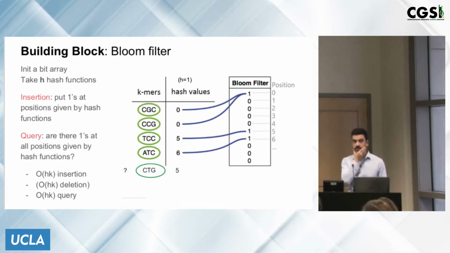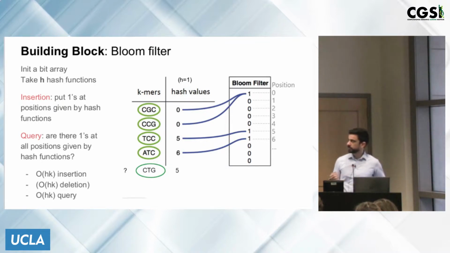Right. You've seen Bloom filters in a number of talks already, have you? I see some nodding. I will not go into Bloom filters in too much detail, but they need to be mentioned in this talk. And actually, for the sake of the recording, I will do a very short presentation of it. A Bloom filter is essentially a bit array associated with some hash functions, a number h of hash functions. An insertion consists of putting ones at all positions given by the hash functions. In this example, there's only one hash function. A hash function is a function that transforms an object, so for instance here a k-mer, into a number,